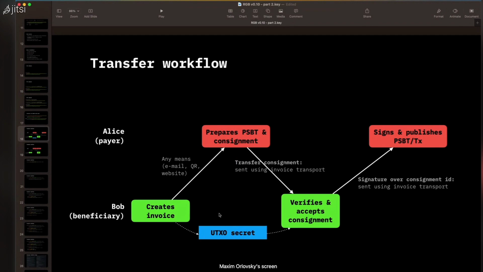You don't expose the secret to the user anymore as before. It's kept internally. So when it receives the consignment, it matches it against the invoice through this secret. So the secret is actually an invoice identifier internally. And even if the transaction is not mined and the UTXO belongs to that transaction,